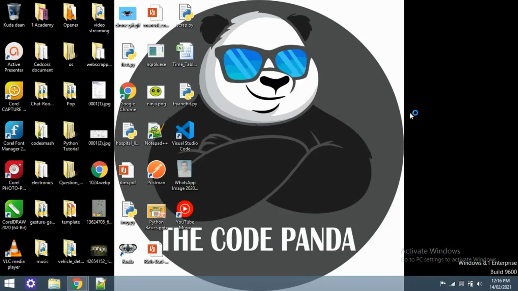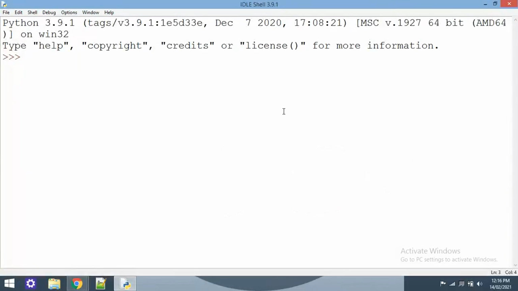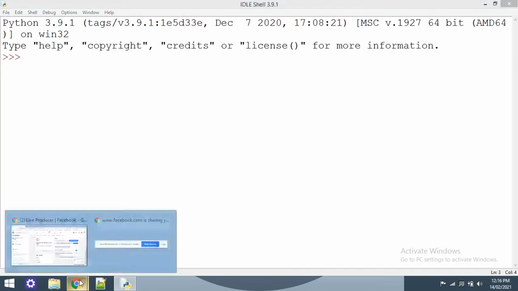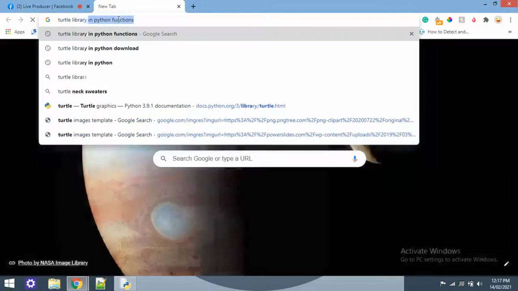You may have come across Python being used to make games, or sometimes GUI applications. There are lots of libraries to build games and GUI applications in Python. Turtle is one of those, and it is for basic levels. Let's Google what the Turtle library in Python is and understand it.